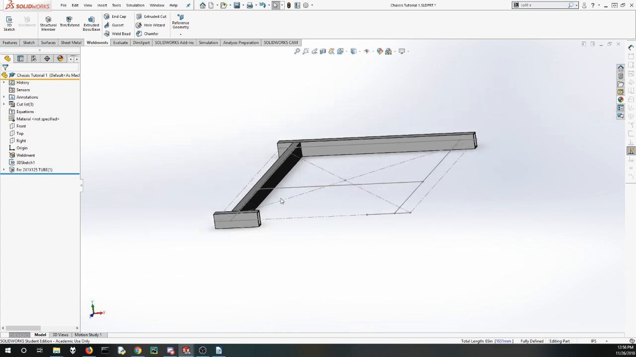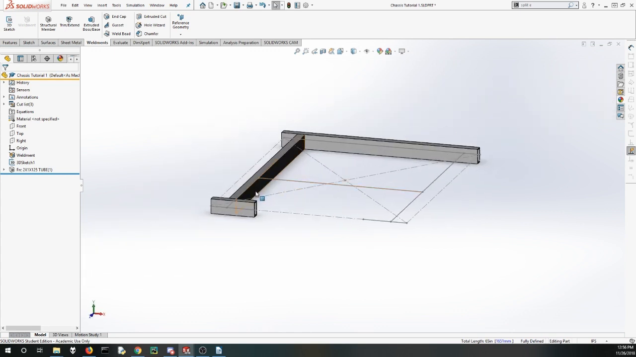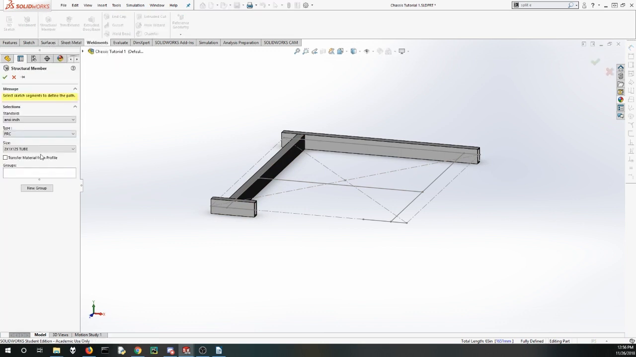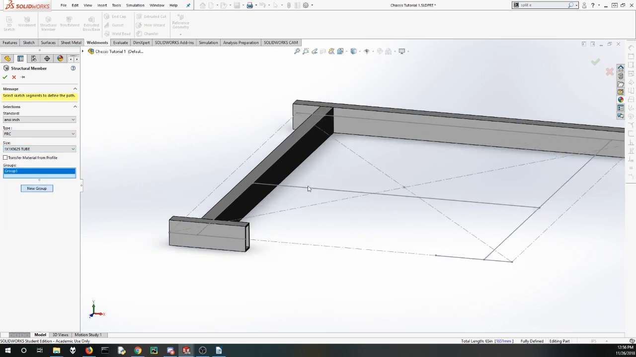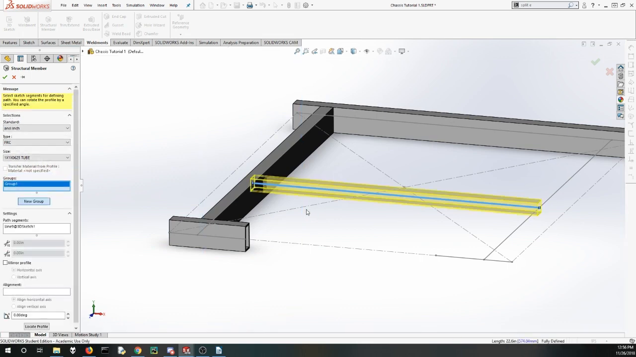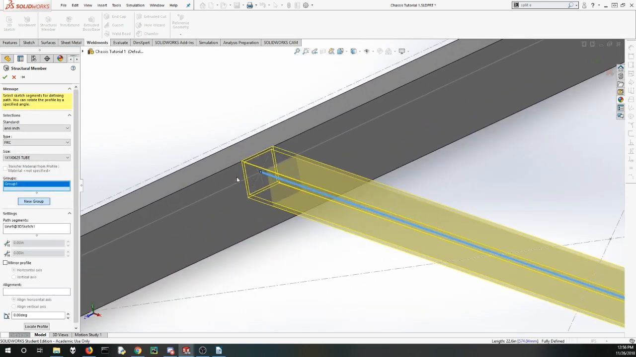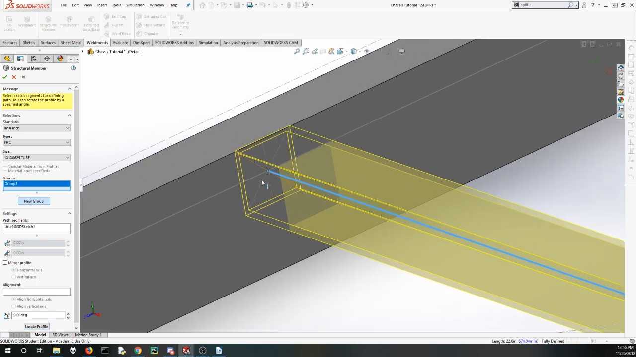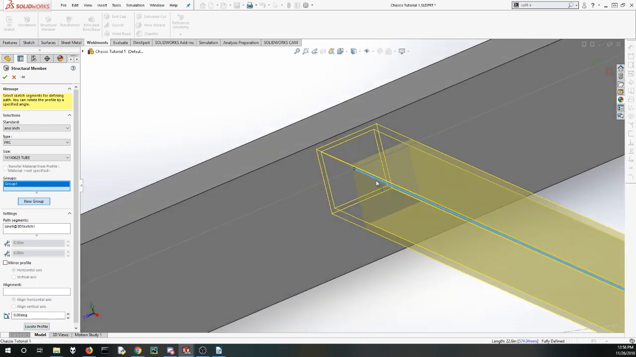the tube that goes across the center middle of the chassis. But in order to do that, I have to create a new structural member feature, as that's a different tube profile. So I'm going to select this 1x1 by 16th inch tube, click on New Group, and select this line. And I want this line to be the front of the